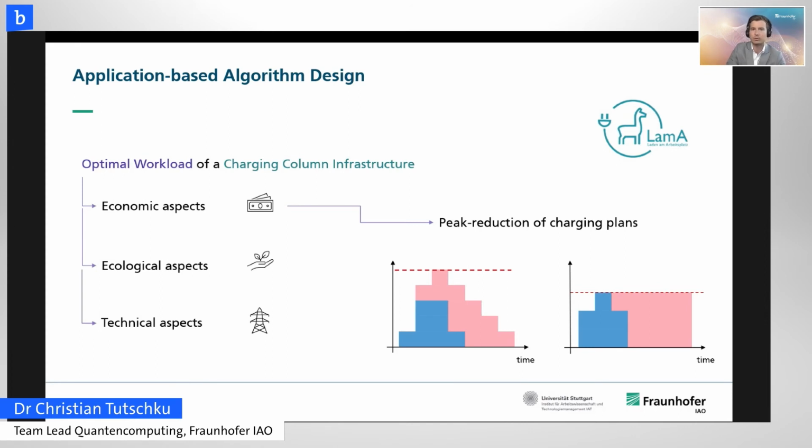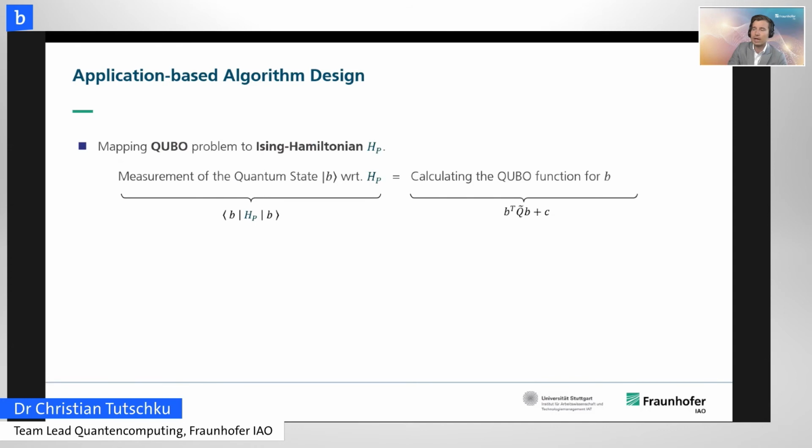You play Tetris with the quantum computer, where it's really powerful, one part where it's really powerful, and then you can reduce these kind of peaks. And so this is abstract. What happens is in the end that you formulate here, that's a bit complicated maybe, but you formulate your problem into a kind of cost function, which dictates the amount of costs of your charging plan. This comes mostly from the industry, and this we then take to a minimal model and translate it to something the quantum computer understands, which is here a so-called Ising model. And this Ising Hamiltonian,